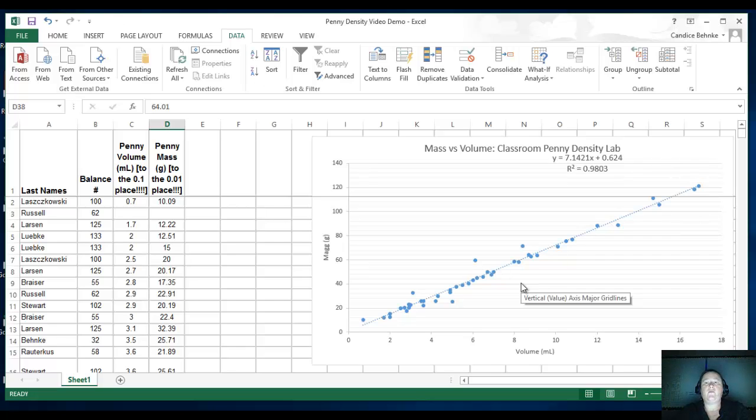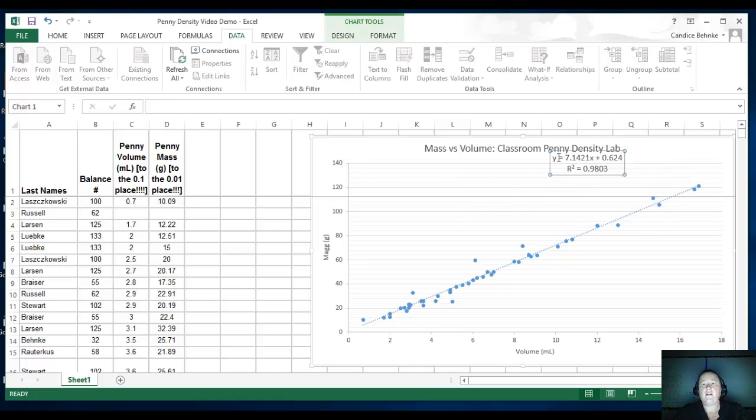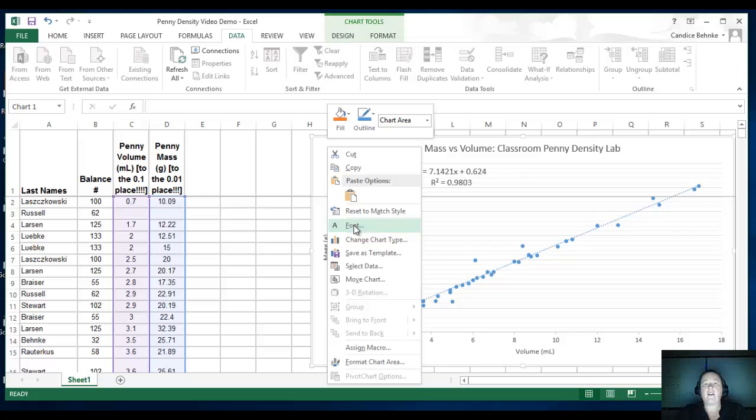At this point, what I would like you to do, once you have your graph complete, you have your slope data, maybe not quite in that position. Let's just put it right there. I want you to click on this graph. If you click on the outside of it, it'll highlight everything. You can do a right click, copy,